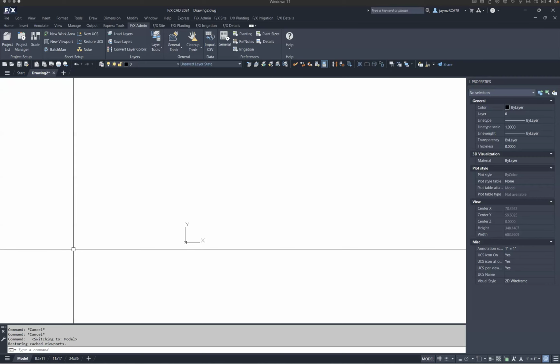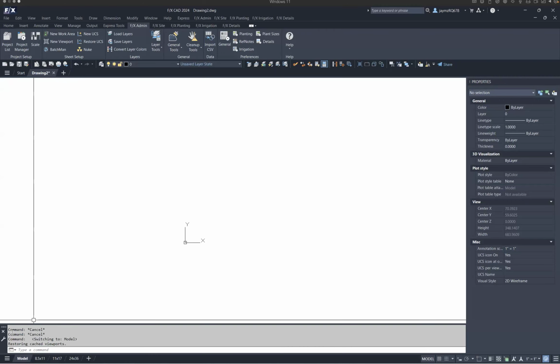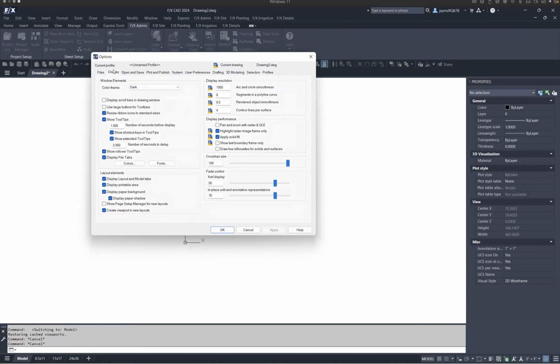When it comes to modifying or customizing your interface in general or the command line, you can click the little wrench icon here, and you're going to have some options. Immediately, you have input settings. I'm going to recommend that you leave them at default until you are really familiar with how it works. And then you can also even click the options button, and this is going to bring up your options tab, and you can see here that we're on the display tab by default. This is going to allow you to customize a lot of aspects of your user interface in general. And I definitely recommend leaving them at default until you're more familiar with things.